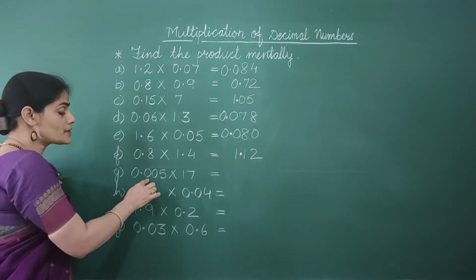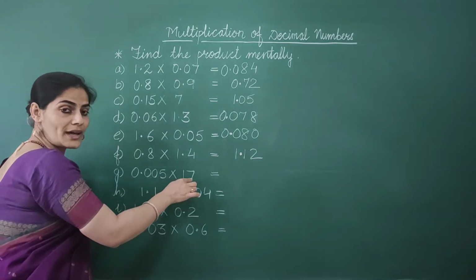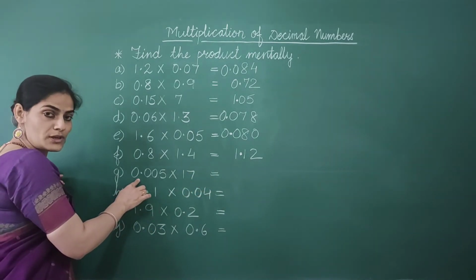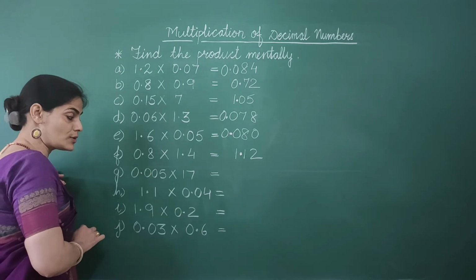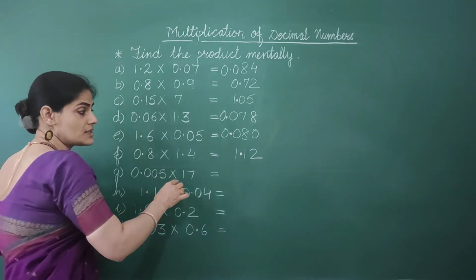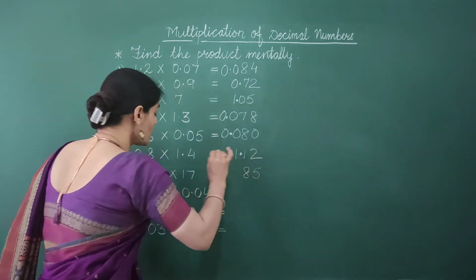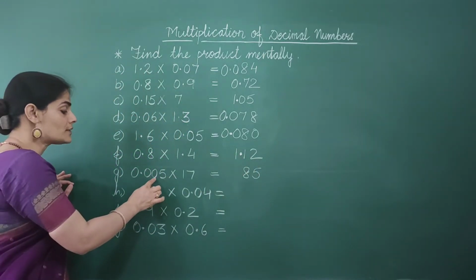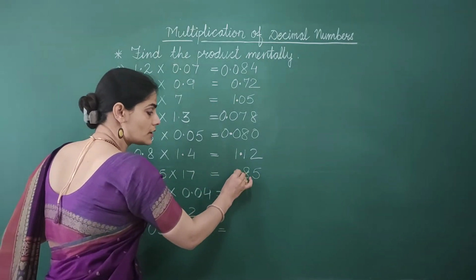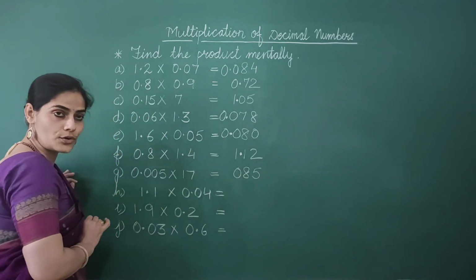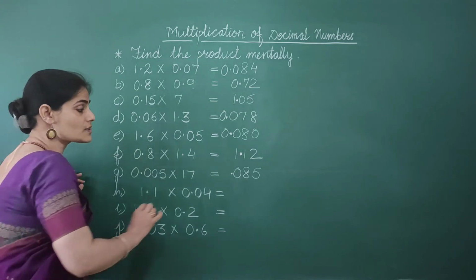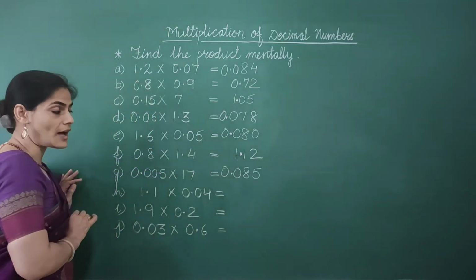Now look at the next part. This is 0.005 multiplied by 17. 17 is a whole number and the other is a decimal number, so we are going to ignore the decimal point. So we are left with 5. 17 times 5 is equal to 85. Now count the decimal places 1, 2, 3. Count 3 digits from the right side. 1, 2. The third one is not there, so I add this 0. We put the decimal. We don't leave the whole number part blank, so I am adding this 0. Here our product is